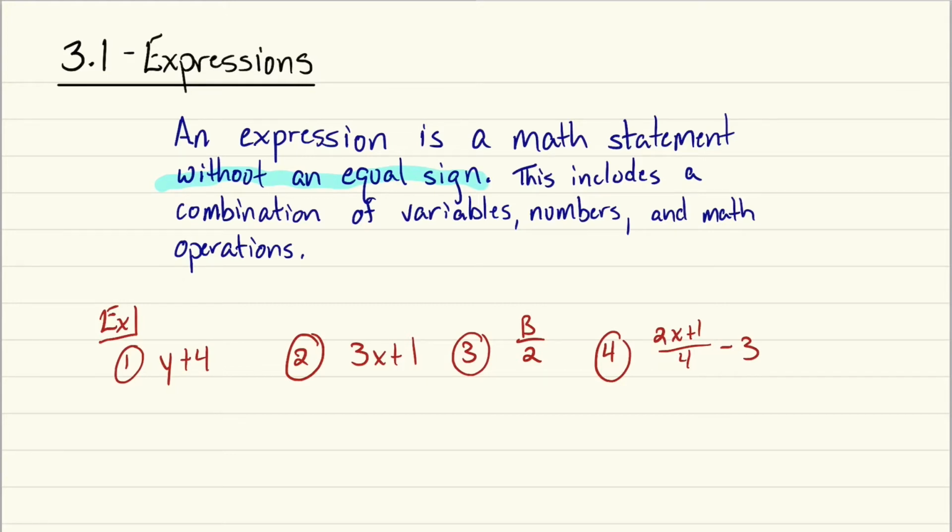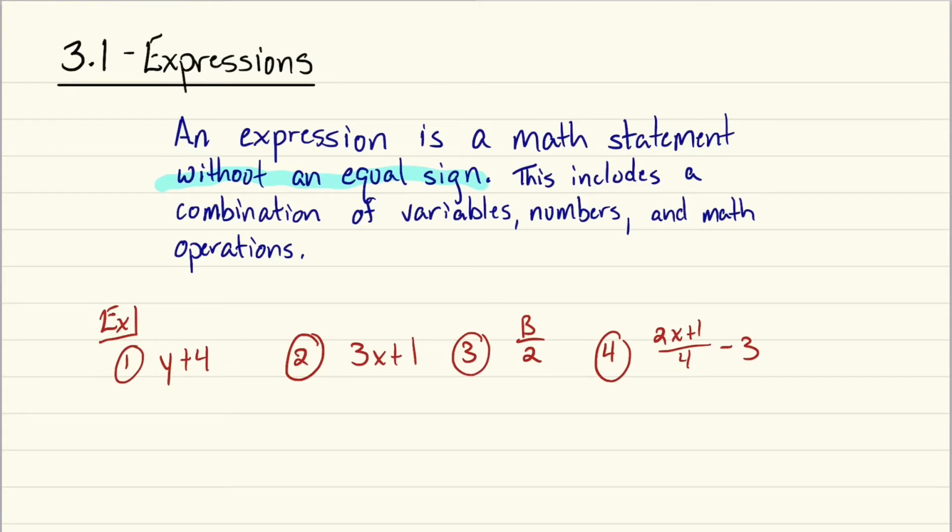Then you have b divided by 2. Again, can't do anything with that. No equal sign, nothing to solve. It just is what it is. And then the last one, 2x plus 1 divided by 4 minus 3. Lots going on there, but there's nothing that we can reduce, not a lot we can simplify. That expression is just an expression. Eventually, maybe if we were given a variable, we could substitute and solve, but for our purposes today, an expression is just a bunch of math operations, numbers, and variables that are put together but do not have an equal